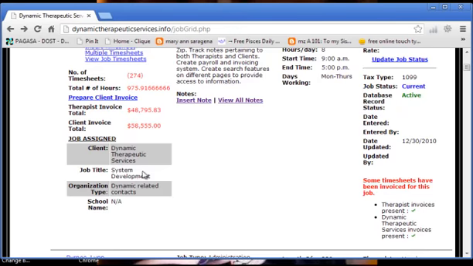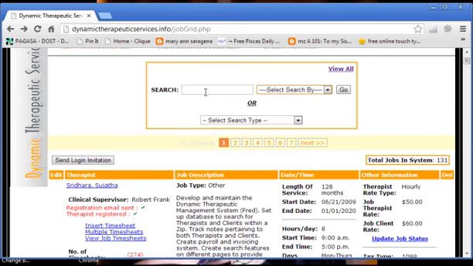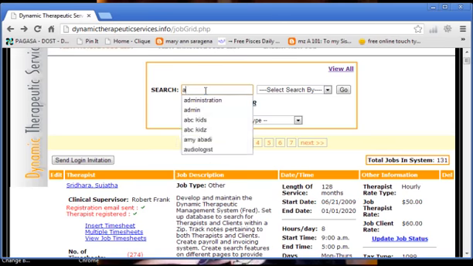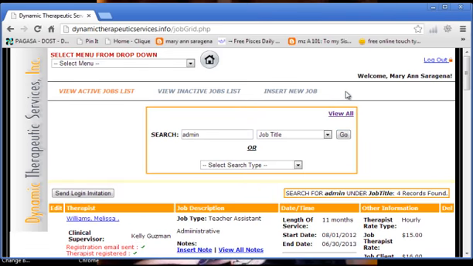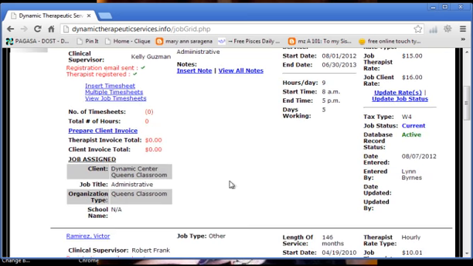So for example, we say administration. We key it in, choose job title here, and hit enter. So yes, it's all about keywords.